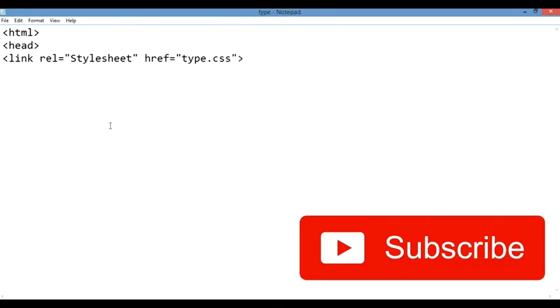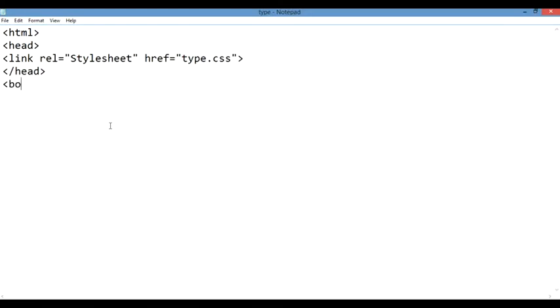In the body tag I am writing some paragraphs, using just the p tag. The text written in the p tag will show the content according to the things that I have defined. As you saw previously, in the CSS file we have given the background color, the font size and the color of the document. So whenever I write p here, this is a type selector. The element I am selecting for the styling is just the p type.